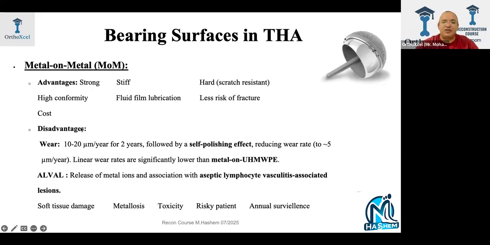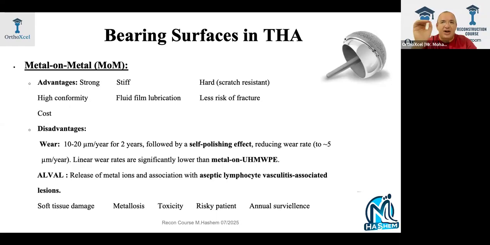Okay, what is the bad side of it? The bad side is, firstly, it has no wear resistance. It carries a risk of wear. And when we come to speak about wear in metal, we have to be very, very cautious. Why very cautious? Because metal gets a very large amount of wear particles, and they are very small. And this type of wear particles, small and in large amount, induces the reaction